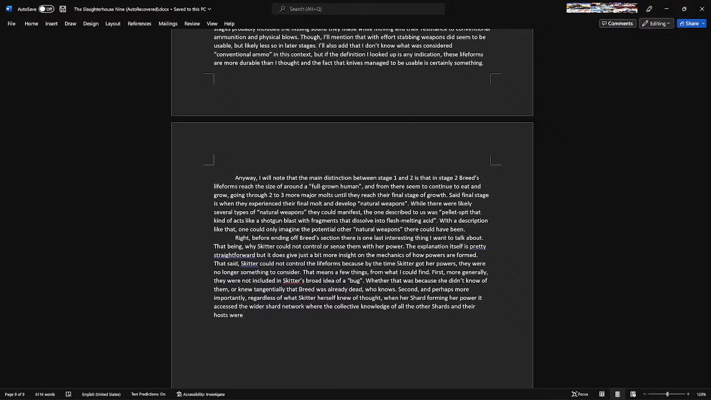Second, and perhaps more importantly, regardless of what Skeletor herself knew or thought, when her shard formed her power, it accessed the wider shard network where the collective knowledge of all the other shards and their